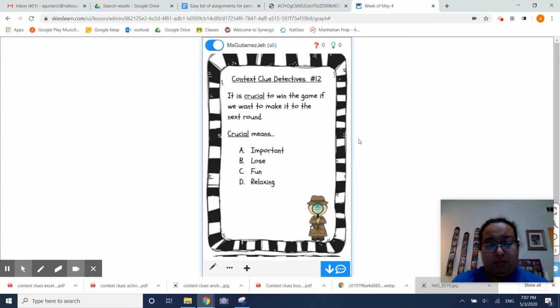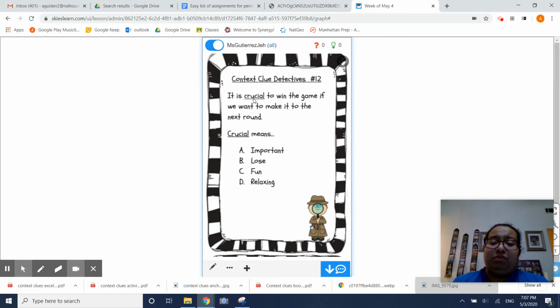One more. Okay. For practice, you will later have to do some of these in a worksheet by yourself. Context clues. Here we have our mystery word. Remember, pretend you don't know. If you don't know how to say it, it doesn't matter. Our brain doesn't care. We could just say blank. It is right to win the game if we want to make it to the next round. What does it mean? Let's just say blank. Our brain thinks easier if we just say that, right?